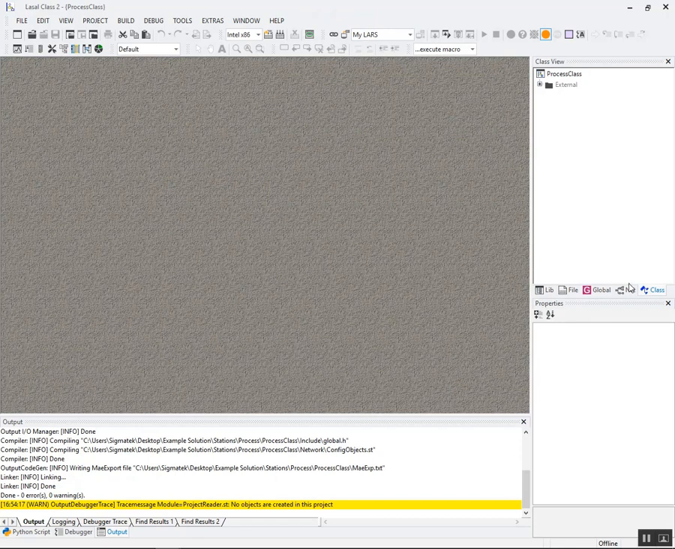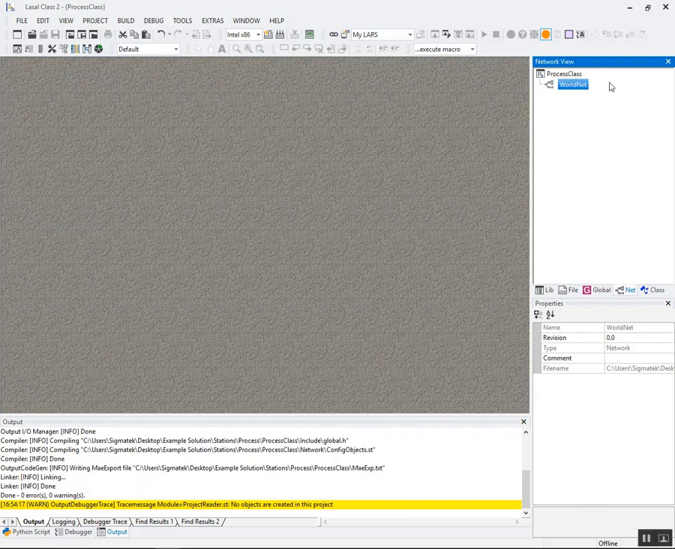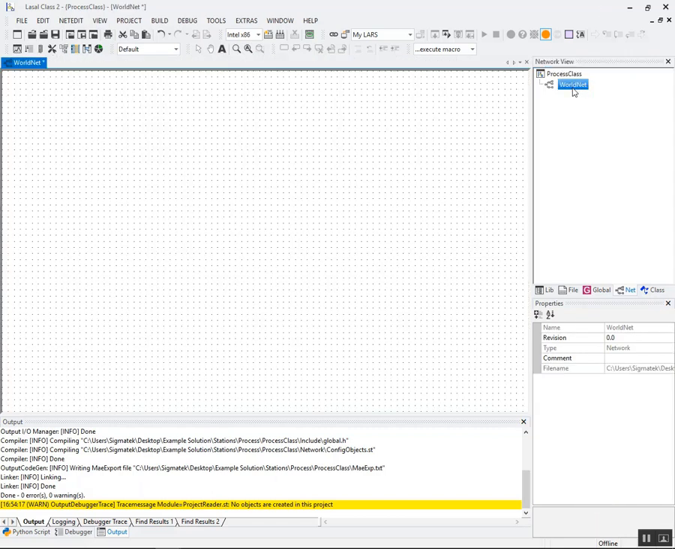Right, so to do this, I'll create a new network, go to my network tab, right click on my process name and say new network, and I'll call this, let's say, WorldNet. And this is simply because we're working with servers with a world flag. So opening that up, we see our grid view, and I now need to create or have a server to